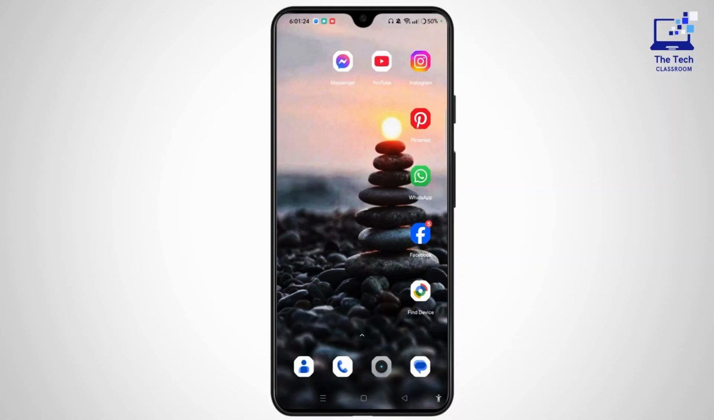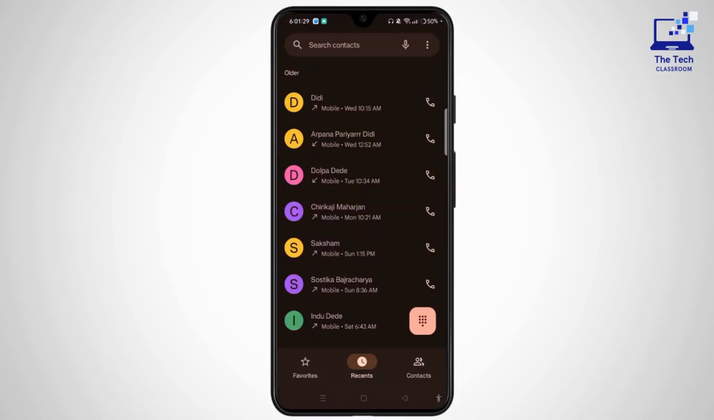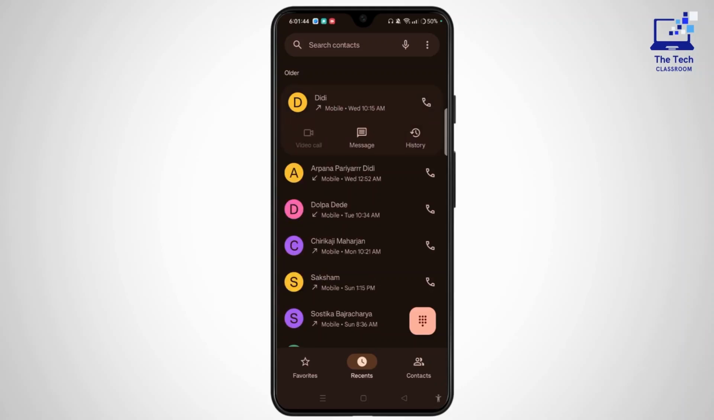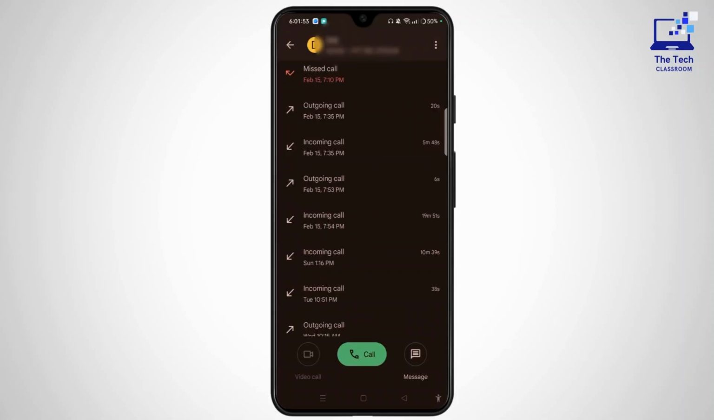First of all, launch your phone app on a device. You can see all the recent calls or you can even search for a particular contact. So let's choose a particular contact and open it. When you tap on it, you will see the history option. Select history. When you open it here, you can easily see all the missed calls, outgoing calls or incoming calls,